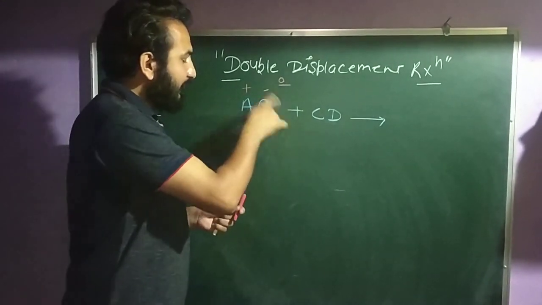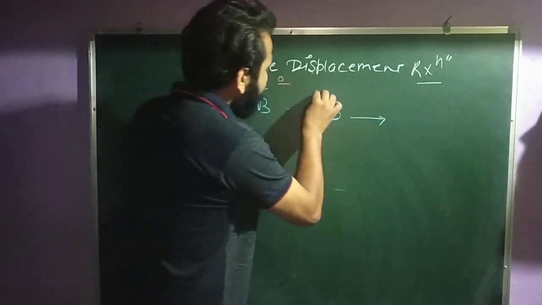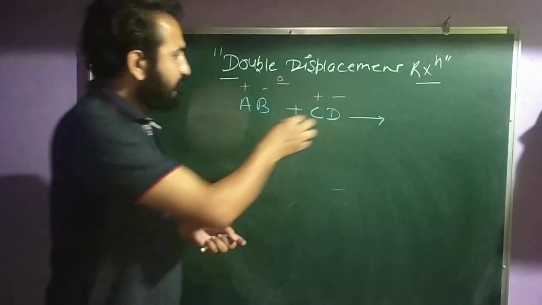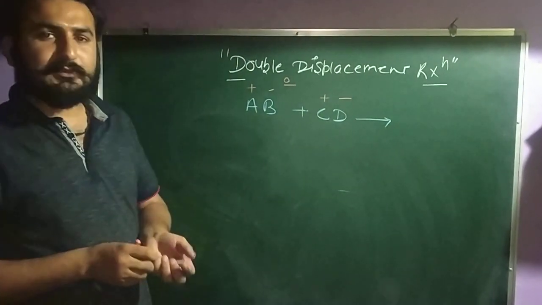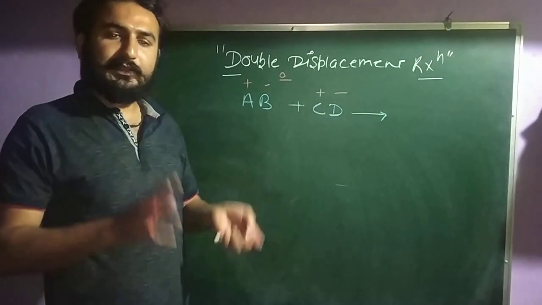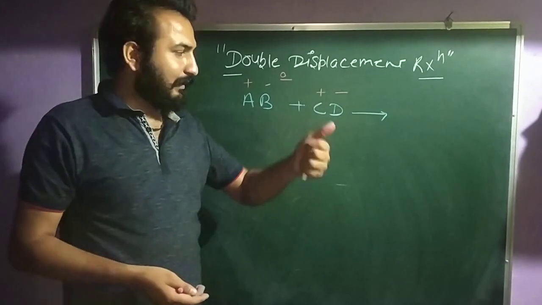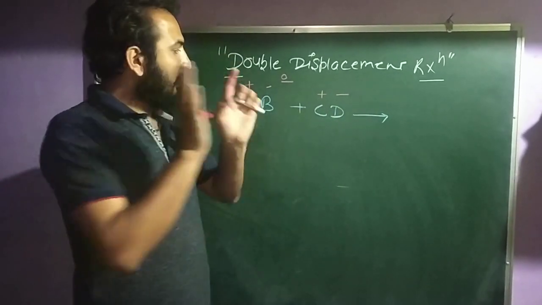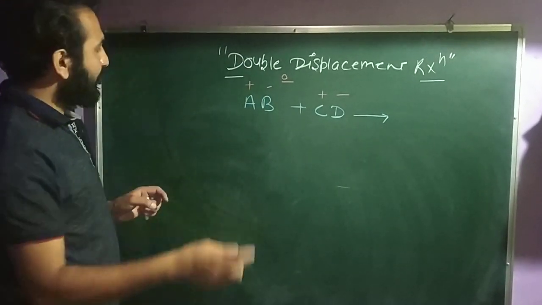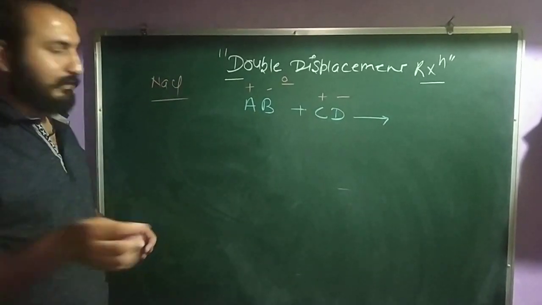That's why this AB is neutral in nature. In the same manner, this C is positive and this D is negative. Clear? The question that comes to mind is why this C is always positive. Always remember, in chemistry we generally use the first atom as positive and the second atom as negative for your understanding. Clear? Suppose you have the example NaCl is a salt